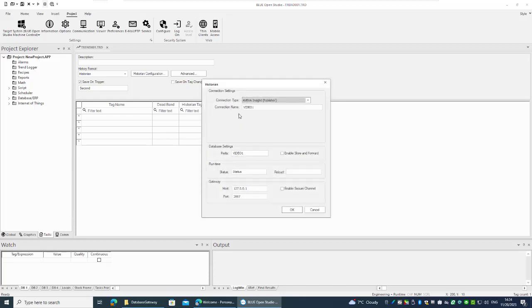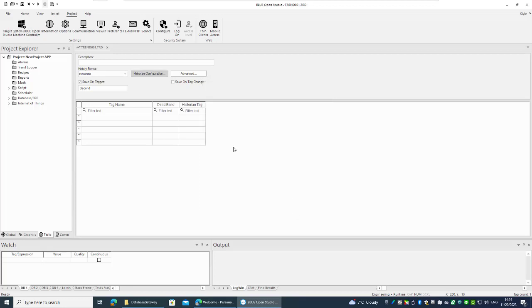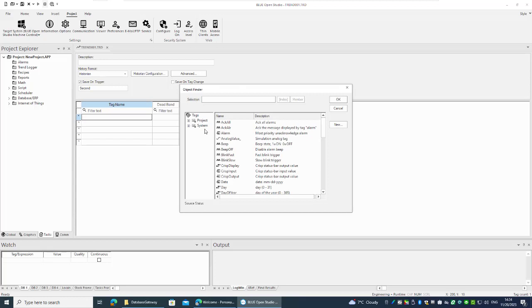Okay, so let's just go back real quick and look at what that looks like. Right, so here's our connection name. Here's the prefix that we'll add onto the tag. And then here's the runtime status, which will tell us what's happening. And then the gateway is local to this machine. Okay. So now what we're going to do, we just come in here and we can create some